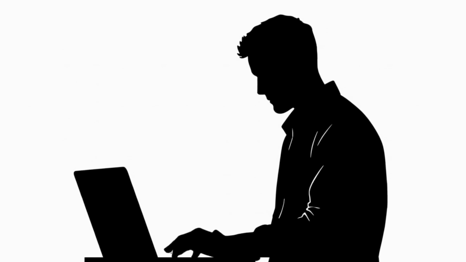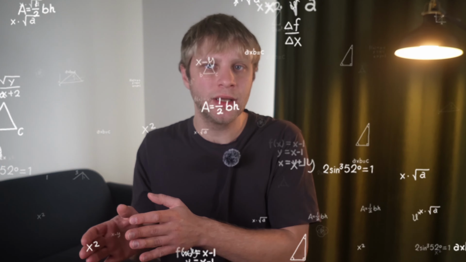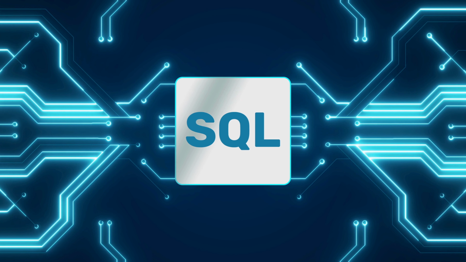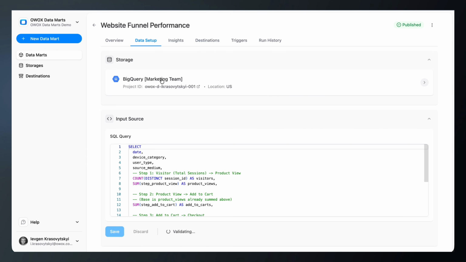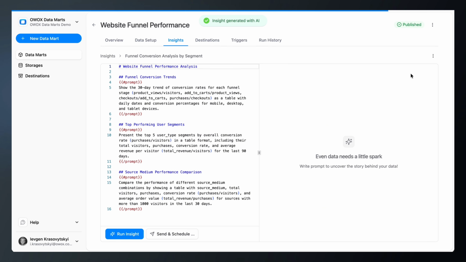You don't need to build an N8N workflow for doing this. You don't need to spend hours finding insights in the data. All you have to do is just connect your data by creating a Data Mart, and this doesn't necessarily have to be advertising or connector data. It can be any data. Your existing warehouse table, custom SQL query, view, table pattern like events table from the GA4 BigQuery export, or our connector. Whatever data you have, just open an existing Data Mart, click Insights, use our assistant to generate the prompt,